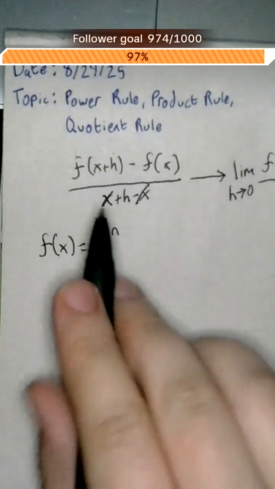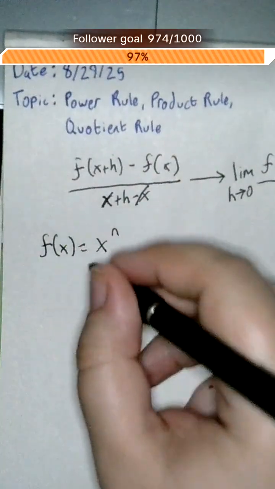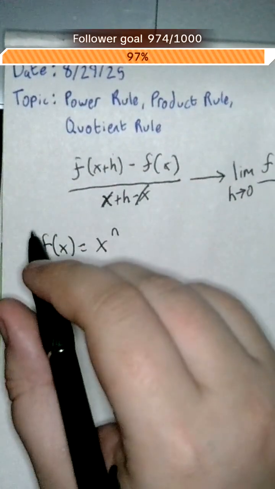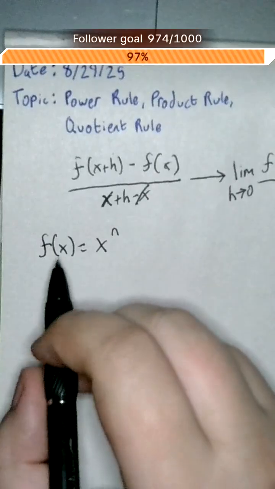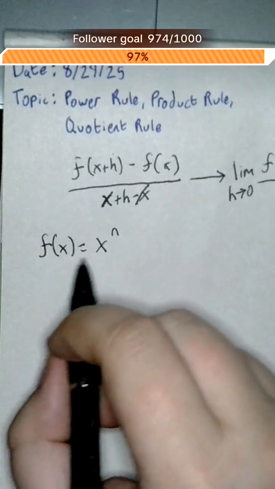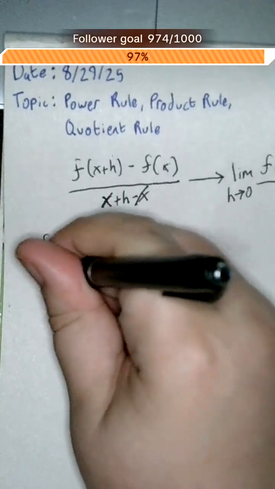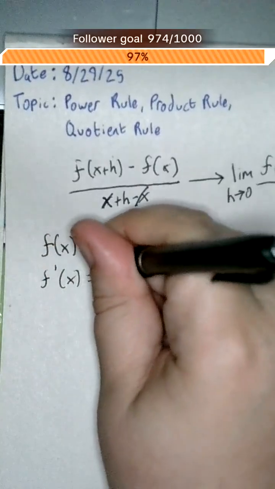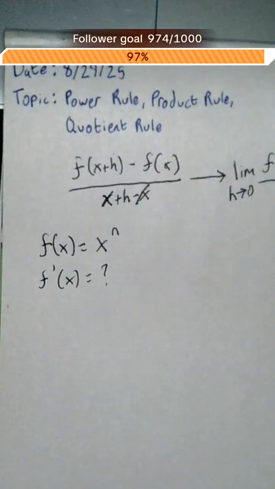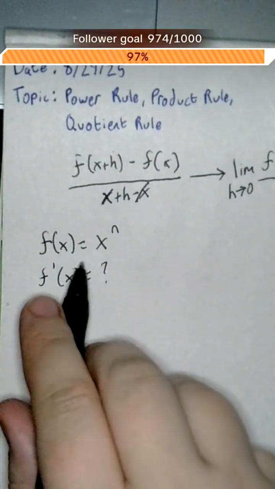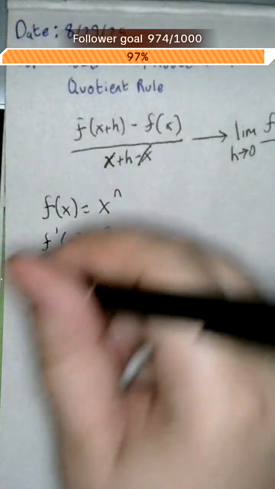So, how would I go about proving that? Or how would I go about knowing, let's try this one more time. How would I go about showing what the derivative of the power rule is? So, f prime of x is a mystery. So that is our want. So now I'm going to show you by proof what the derivative is. So I'm going to start by taking the limit